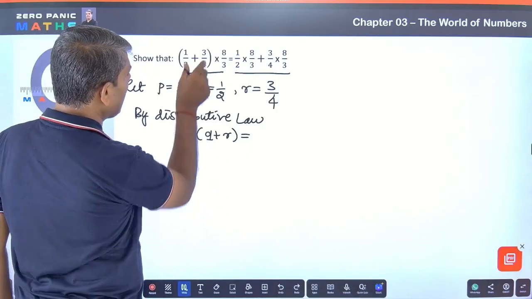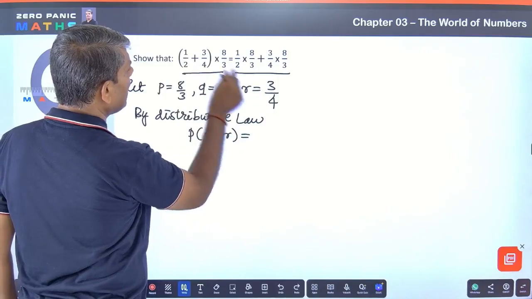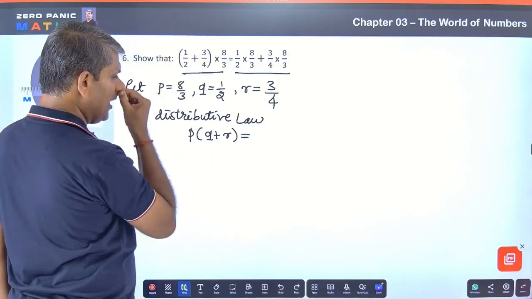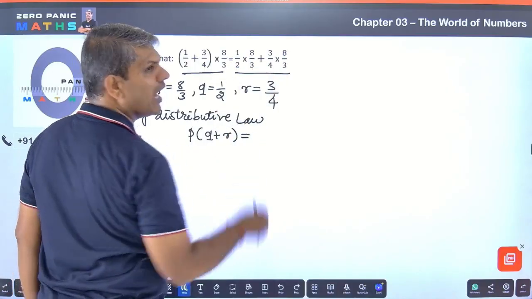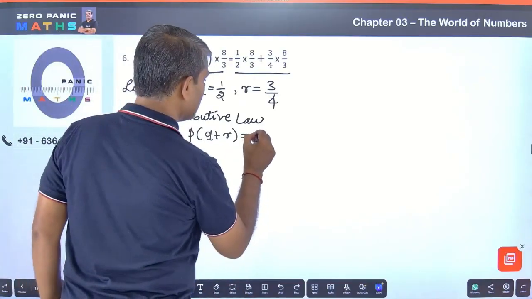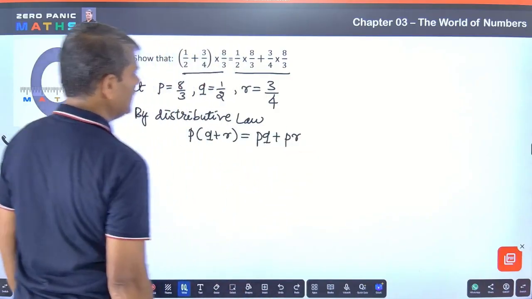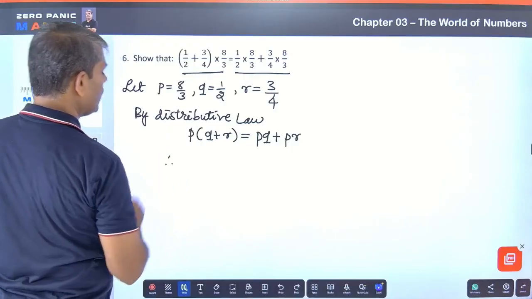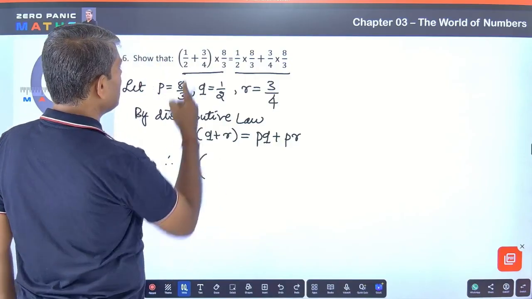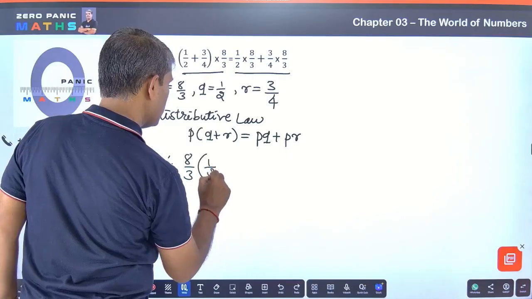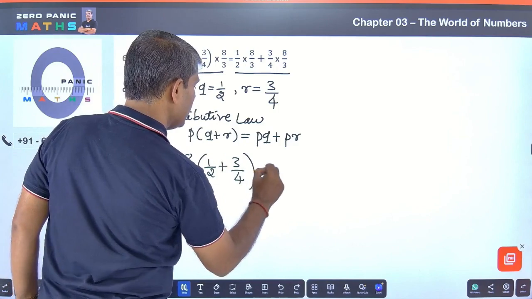So it is looking that way only, right? P multiplied by Q 1 by 2 and plus R, that is 3 by 4. And here also, if you see P into Q and P into R, correct? So it is P into Q plus P into R. Therefore you can say that 8 by 3, that is 1 by 2, okay, plus 3 by 4 is actually